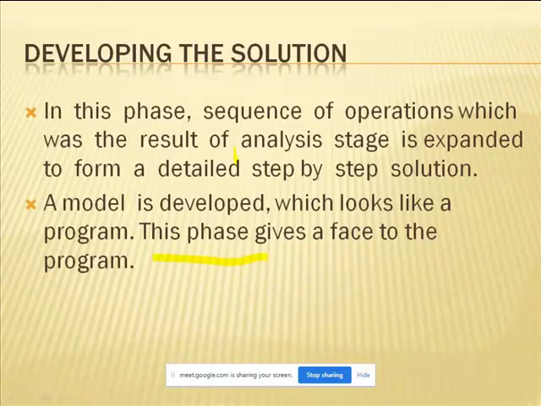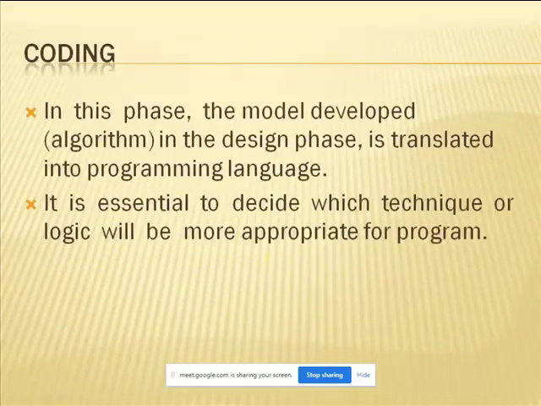The next step after developing the solution is coding. So what is coding, sir? First you take x and y. You need to take the first input as x and the second input as y, and the third one is you have to receive the operation, addition or subtraction or whatever it is. But how could the system come to know what you are giving as input? You know that, but the system doesn't know what is x, what is y, what is 2, 3, 4, 5, 6 and all those things.